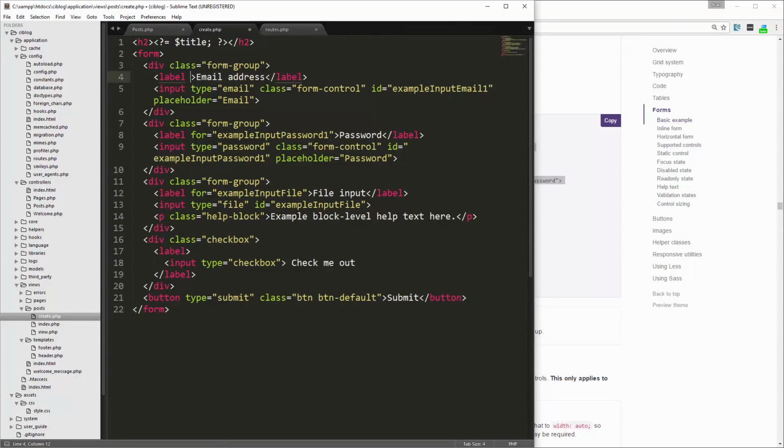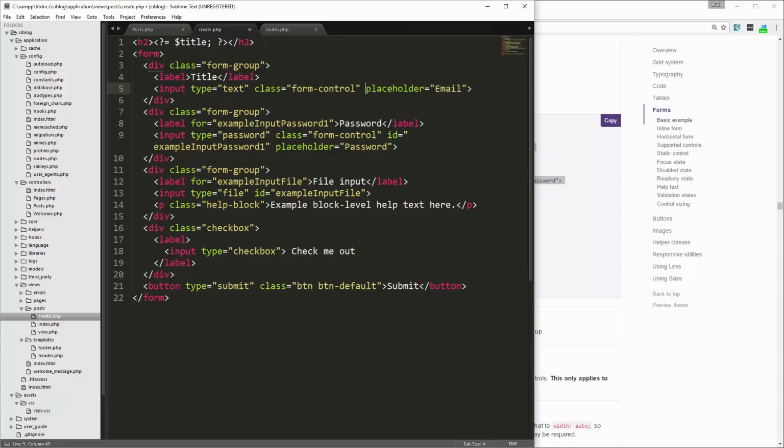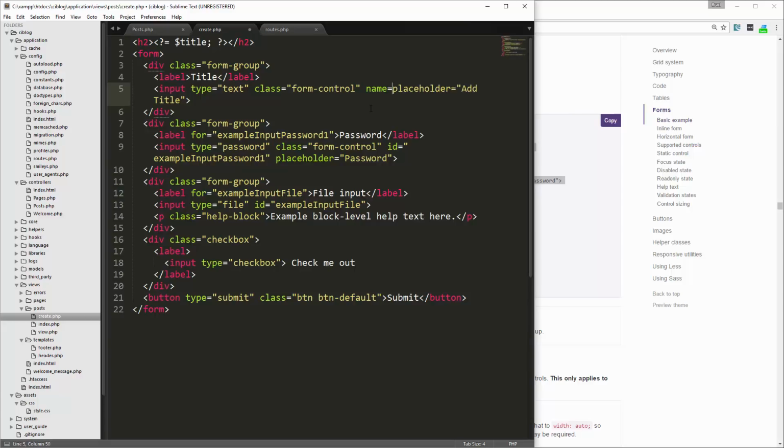Get rid of the for attribute and the label, and this is going to be title, and let's make it a text. Get rid of the ID, placeholder, we'll say add title. We also want to give it a name. Okay, we're going to give it a name of title,